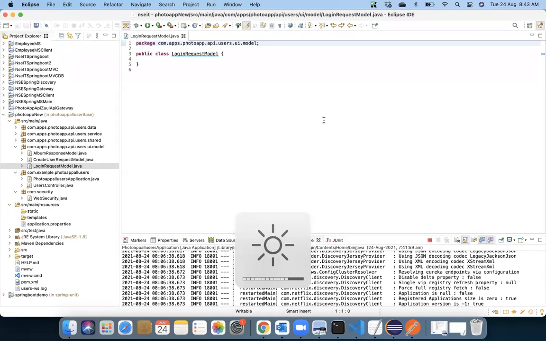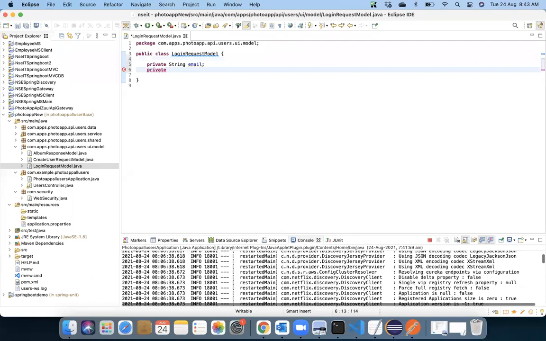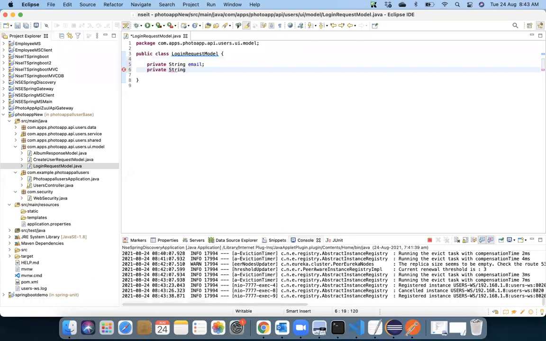Here I would like to create some properties: private String email and private String password. These two properties I need.